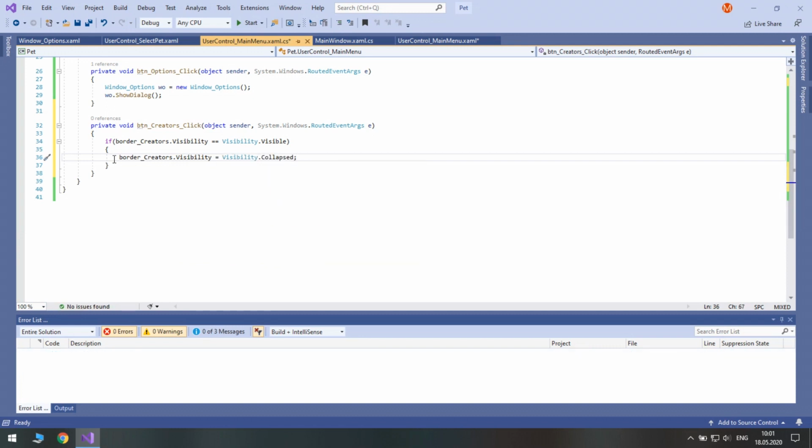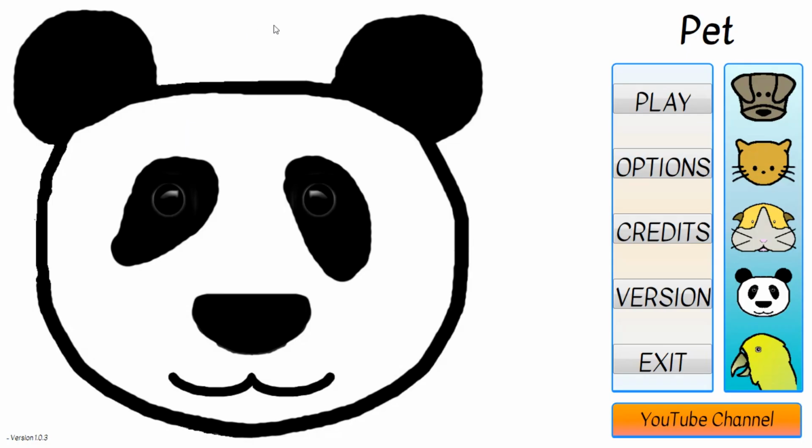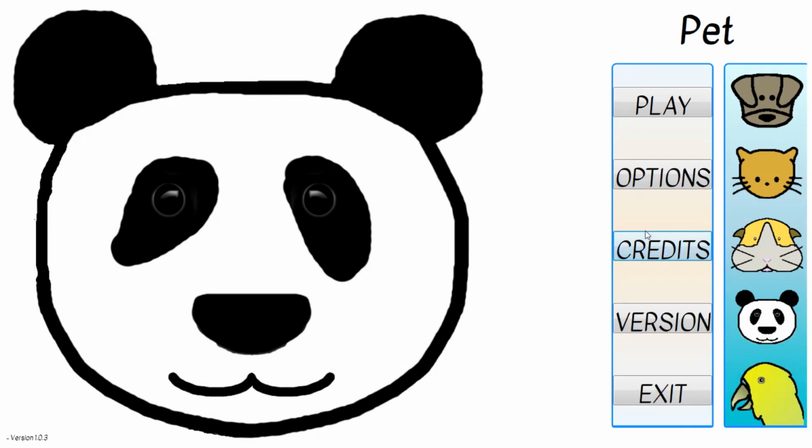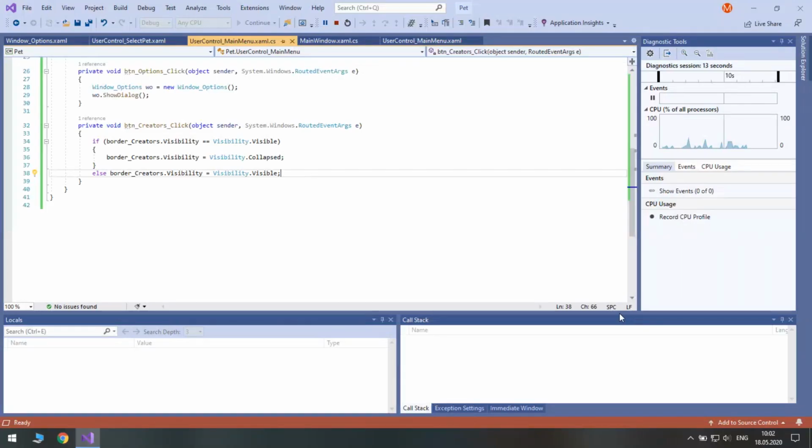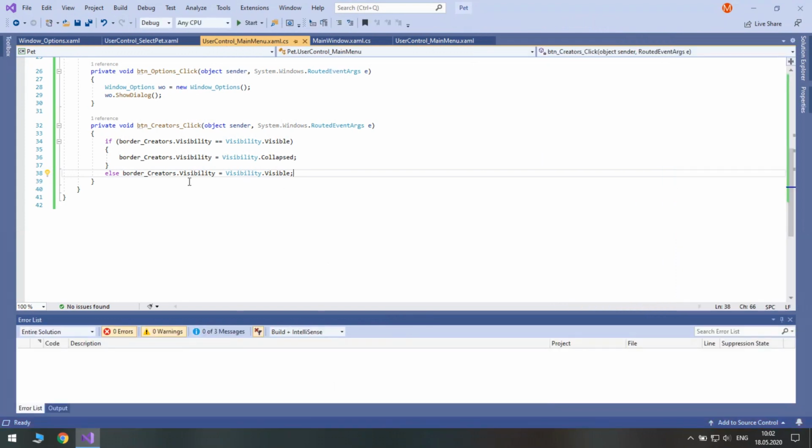Unlike hidden, collapsed option not only hides the control, but also removes the space it occupies. Let's look how it works. Okay, we just urgently have to code the exit button.